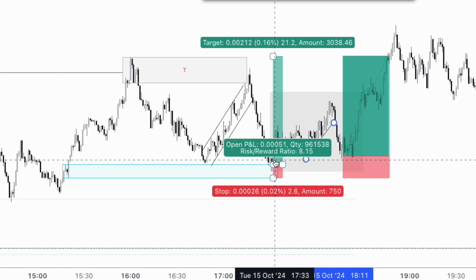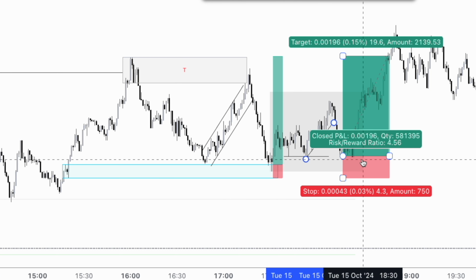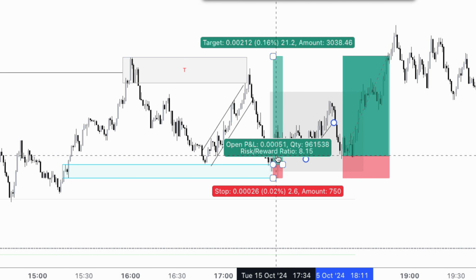So this was the trade that I took. This was the second entry which I did not take. This was the trade that I took. It was approximately an 8-hour trade,